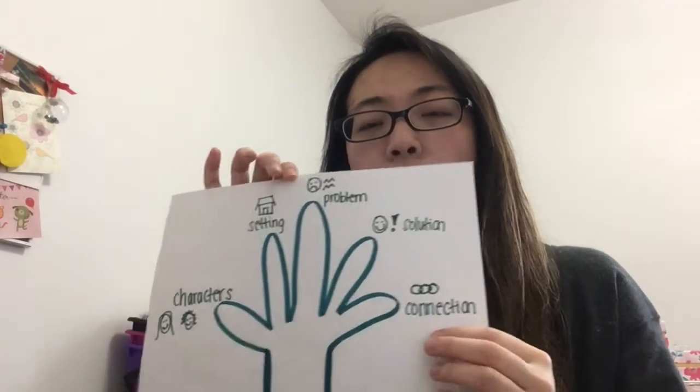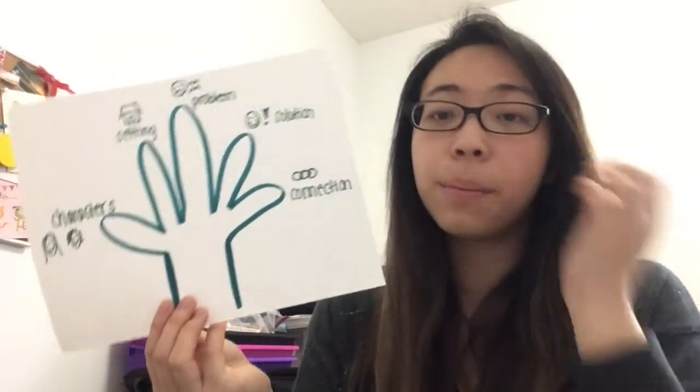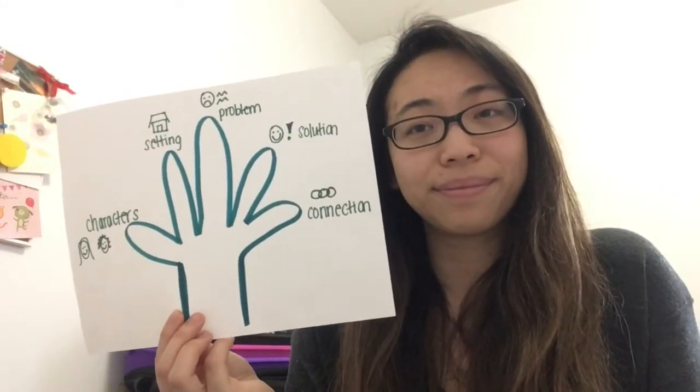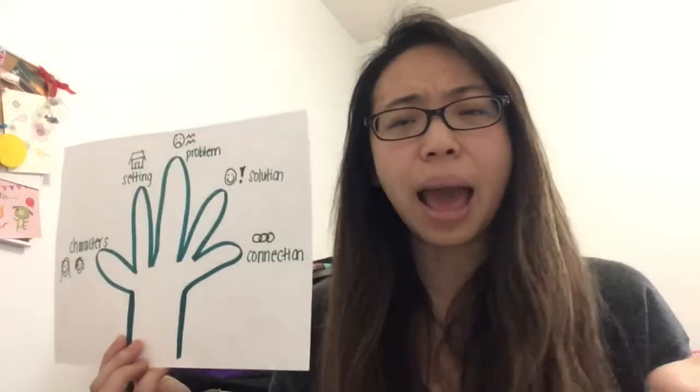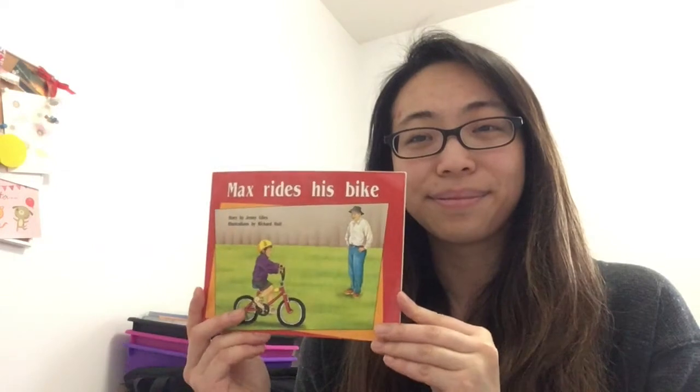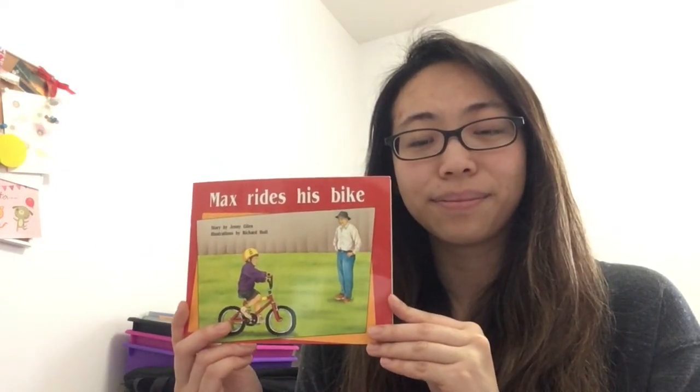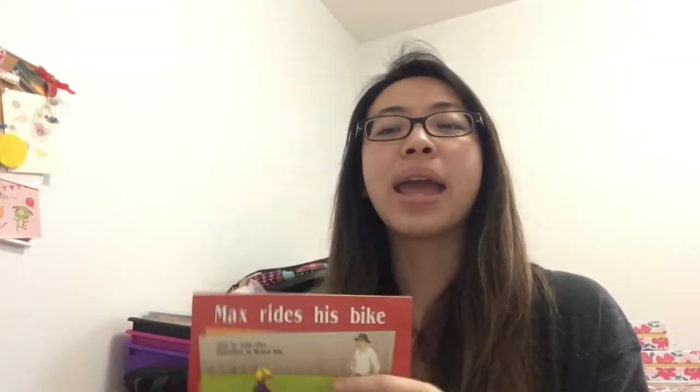And now, what is the connection that you have with the book? Something that happened to you, something that this book made you think about. Think. What's your connection? Something I can connect with this book is the first time that I learned how to ride a bike with no little wheels. It was really hard, and of course I fell, but I did not give up and went back on the bike and kept trying.